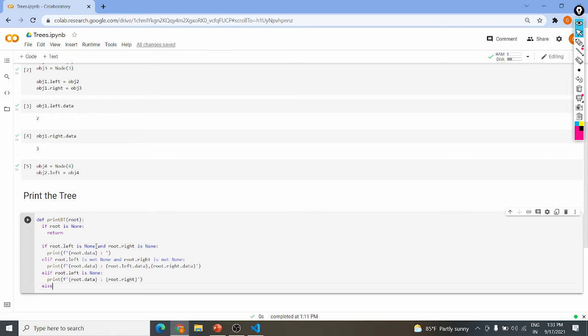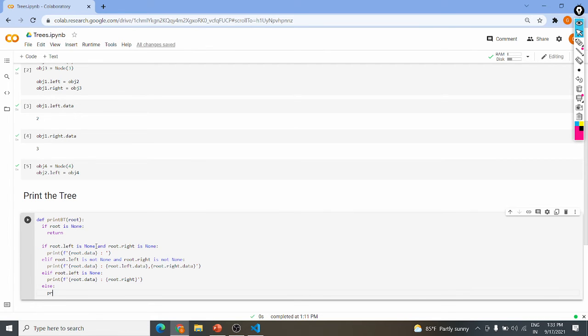Now else, print root.data, root. I guess this should work. Let's see.